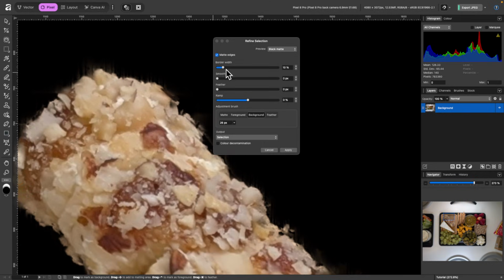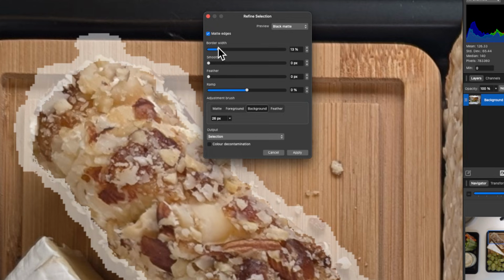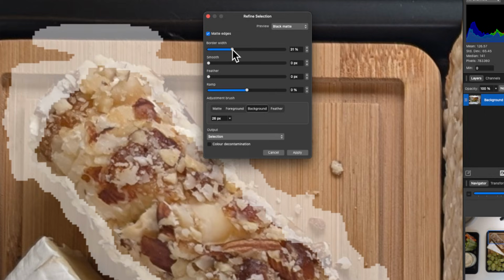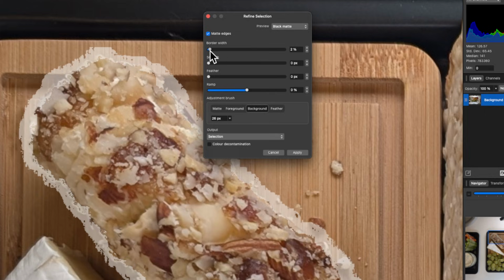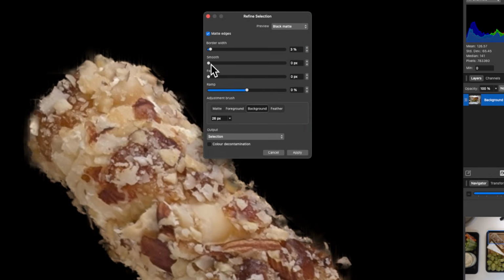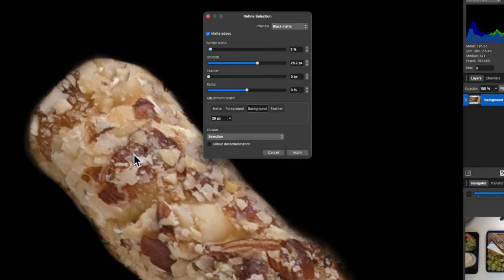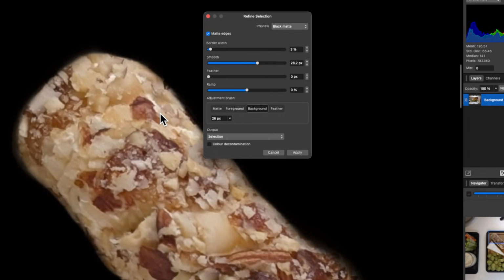And also you have all of these other options here. Border width, I can click and drag this up. You see it's showing how much of a border width you kind of want to include in your selection. Maybe you don't want it that big, maybe a little bit less, and let go. And smooth, how smooth do you want it? I'll just whack it up so you can see what this does. Oh, there we go. That's quite a lot there. So we do not want that. So that's why I kind of just leave that off.